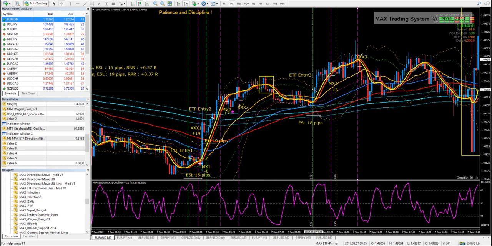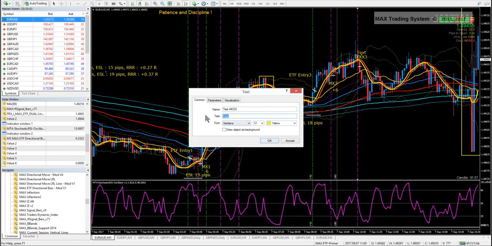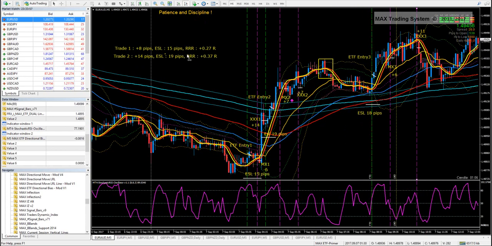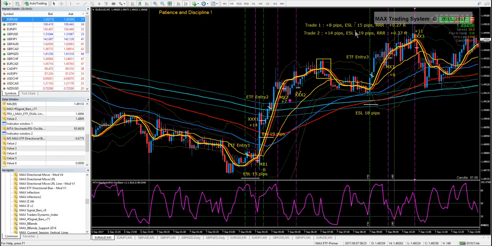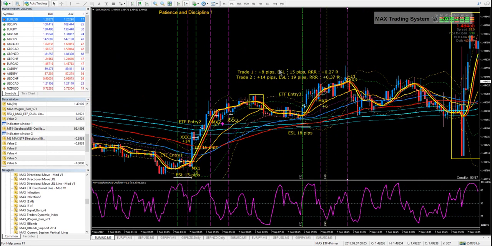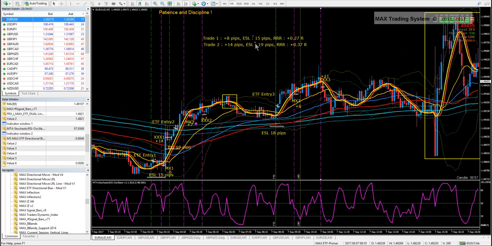For a partial profit for this unit of around, let's say 14 pips minus the spread, 11 pips, so plus 11. And so now we can write on the chart here the third trade. Let me move these comments closer to keep them under our eyes. And so the trade number 3,